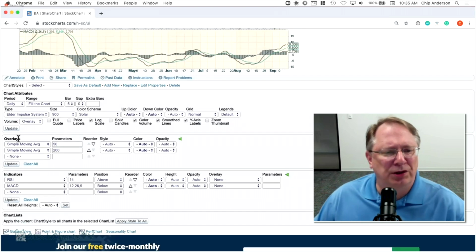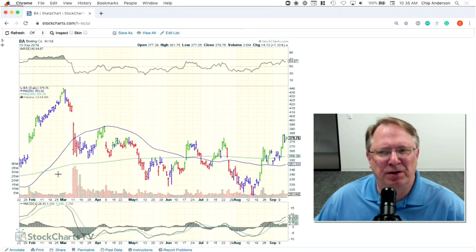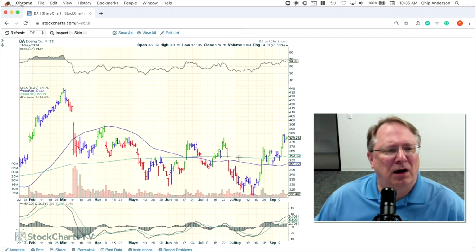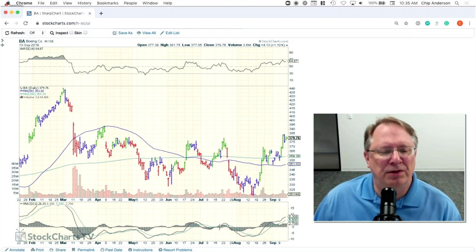Overlays and indicators, just real quickly. These are the technical things that appear on the chart, the other lines besides the price data. The lines that appear on top of the price bars are called overlays, and they are on the same scale as the price data. Lines that appear above or below the price plot area, we call indicators, and that's because they are usually plotted on a different scale. Their scale is not the same as the price of the stock. It's something completely different, and so you want them in a different space